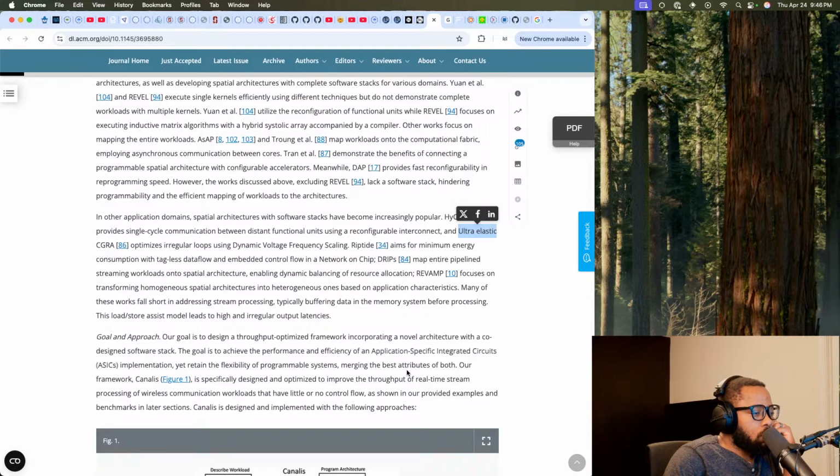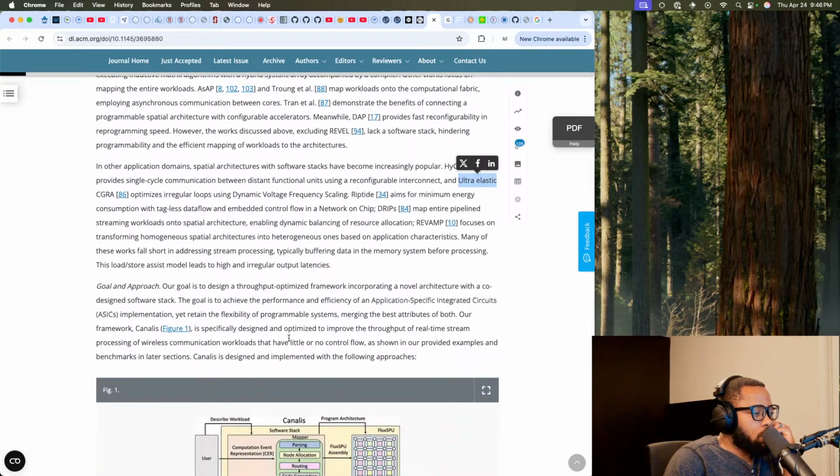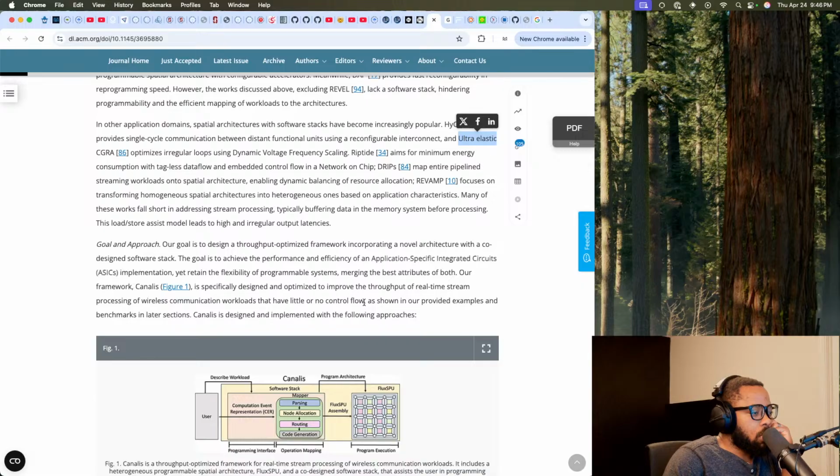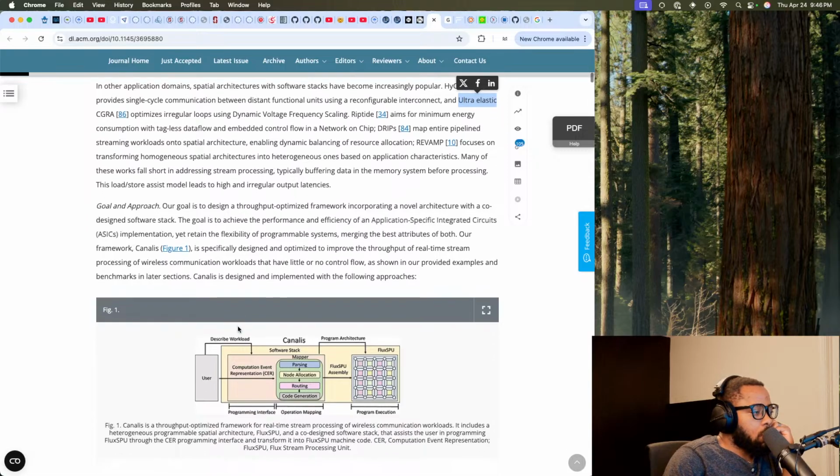Our framework, Canalys, is specifically designed and optimized to improve the throughput of real-time stream processing of wireless communication workloads that have little or no control flow. As shown, it provides examples and benchmarking.